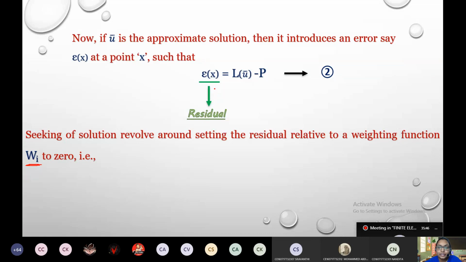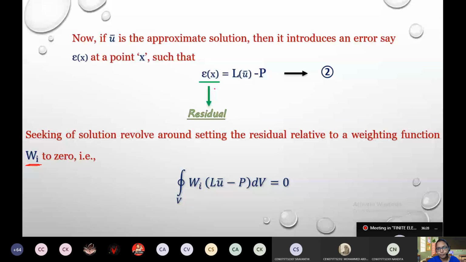So for that residual function, we have to consider different weighting functions so that we could reach the point of that error. That is why we are calling this the weighted residual method. There is a residual, and to set that residual to zero, we are applying a weighting function in between. Now, we take it in this form.